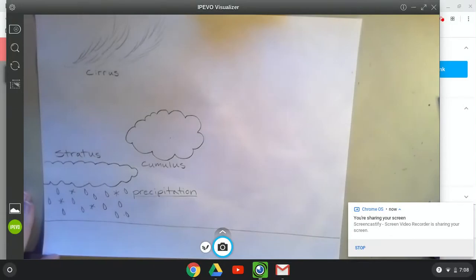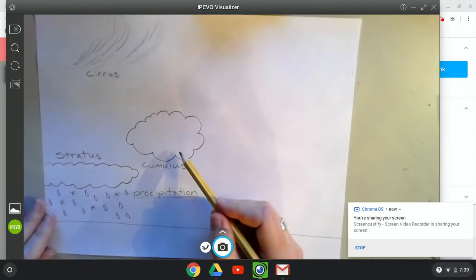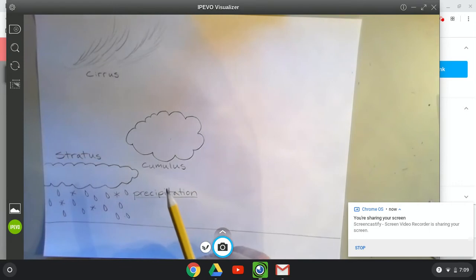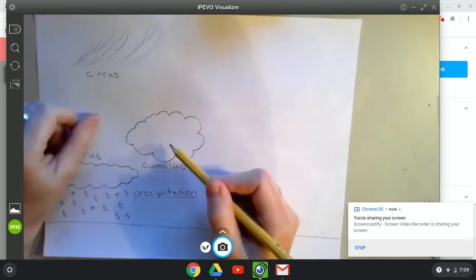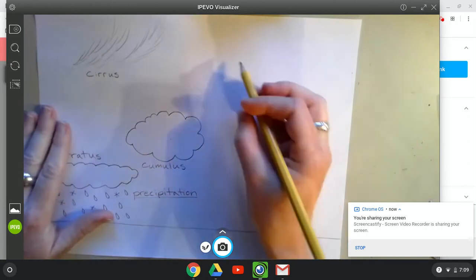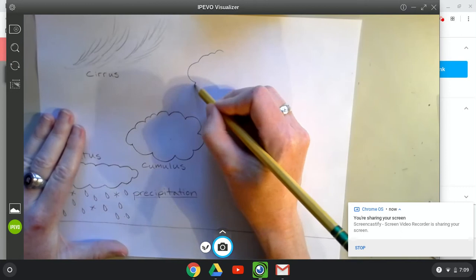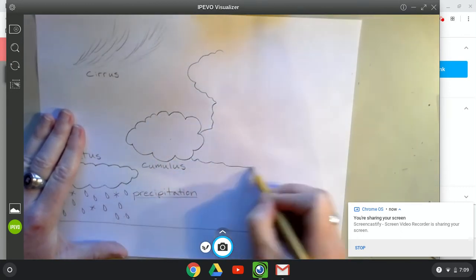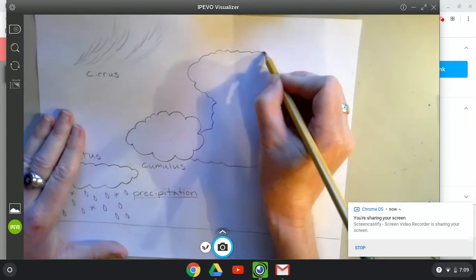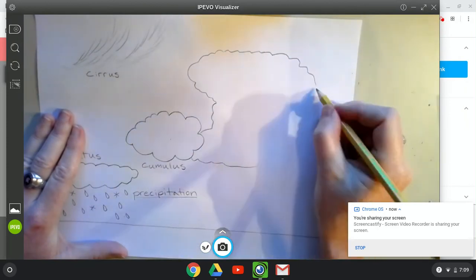All right, so for the next part that we are talking about, we're going back to cumulus. Now, cumulus, you might see on maybe a hot, muggy day in summer. This cute little cumulus can build in size. And when it builds in size and gets big, angry, it might get so big and so tall, it can't get any taller. So it starts flattening out on top